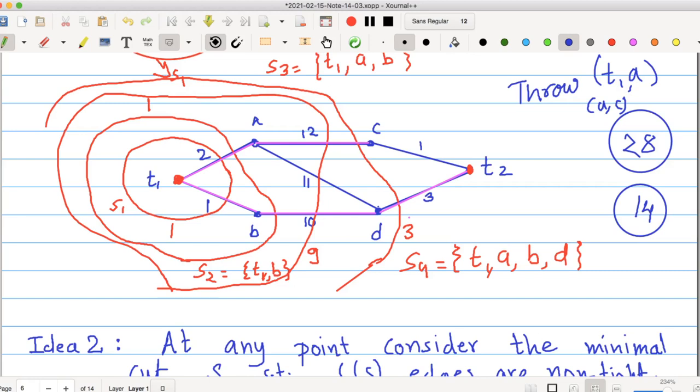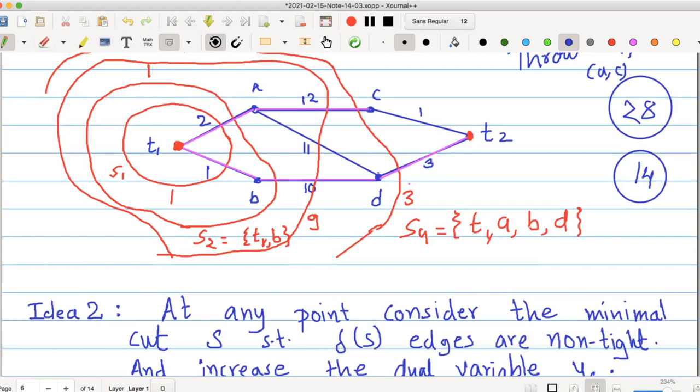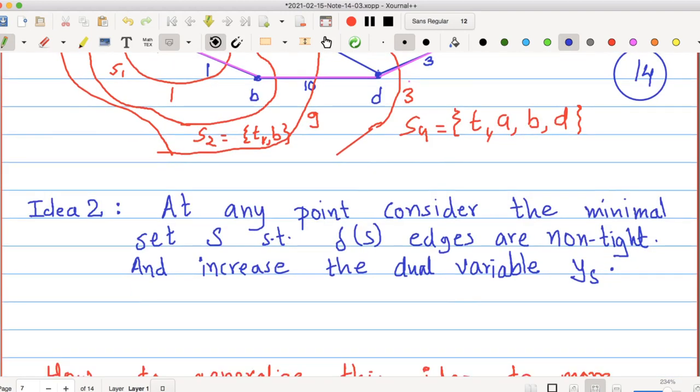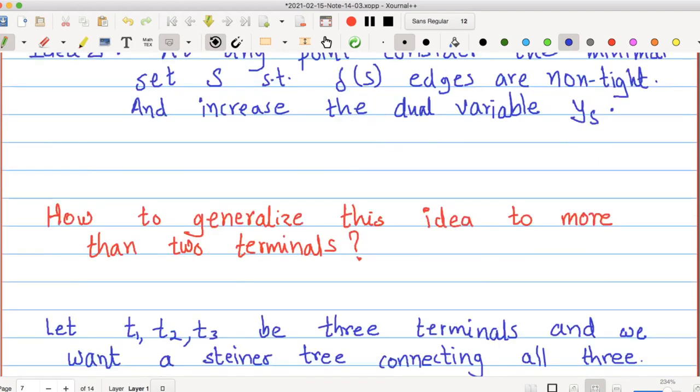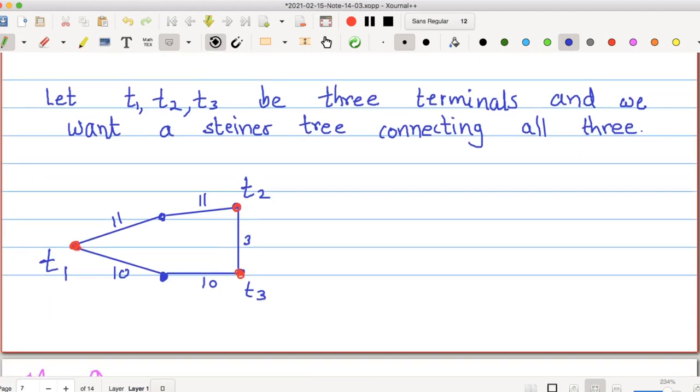So with that scheme, we worked out this two terminal case, and here it seemed like we are getting an optimal solution. So then we said, does this idea work for multiple terminals? So we tried to generalize this idea to three terminals.